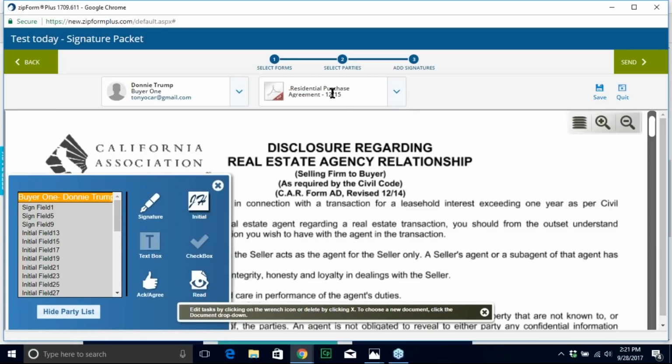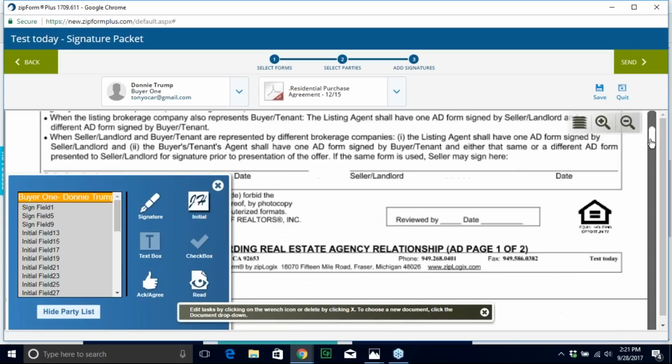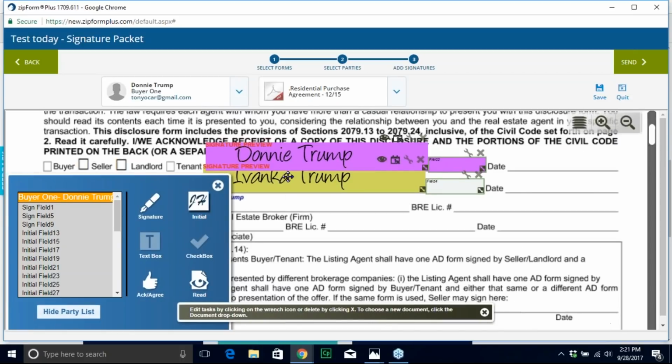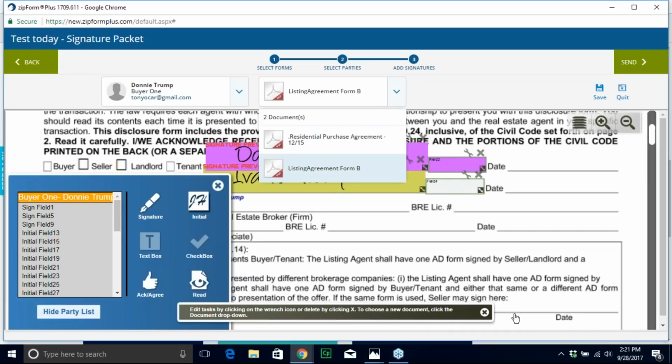So I see here in the RPA that Donnie Trump already has the sign, initial, sign fields already placed. Same thing with buyer 2. To verify that, if I wanted to, scroll right down. And I see this is where Don and Ivanka are going to be signing already. They haven't signed it yet because I haven't sent it, but at least I get to see where they're already signing. So what I like about Digital Ink is that I can quickly and easily go through my forms,